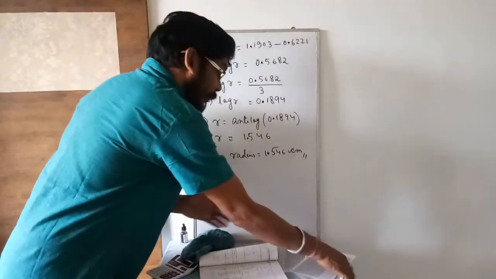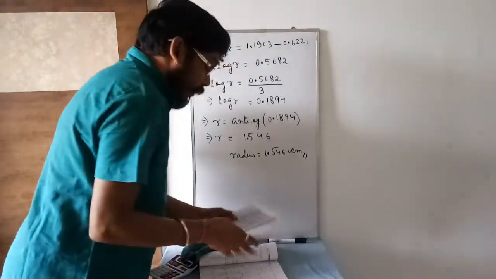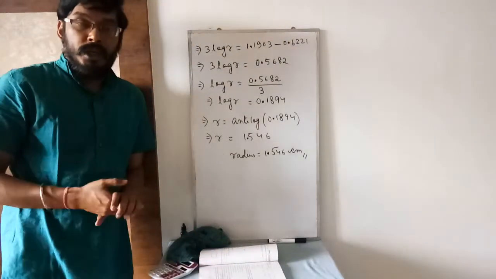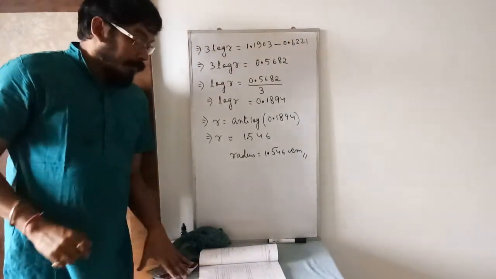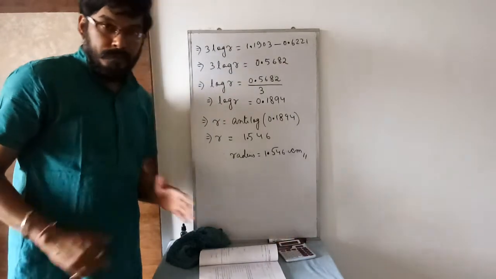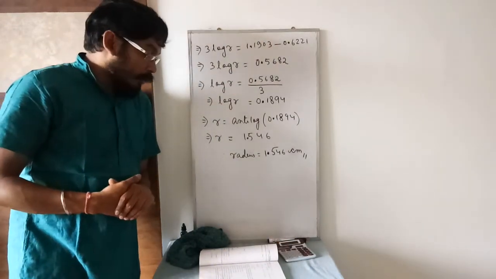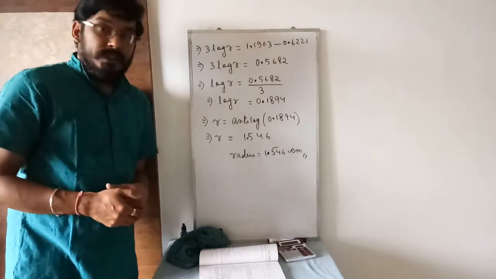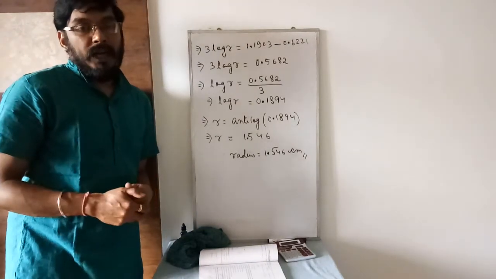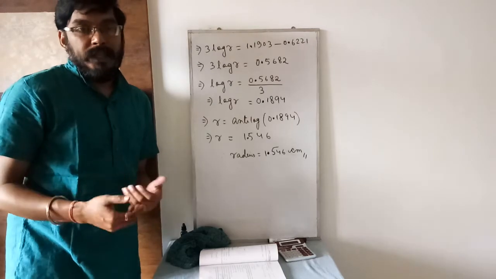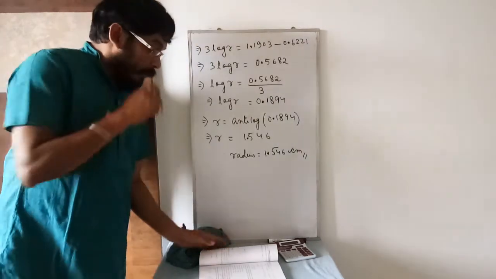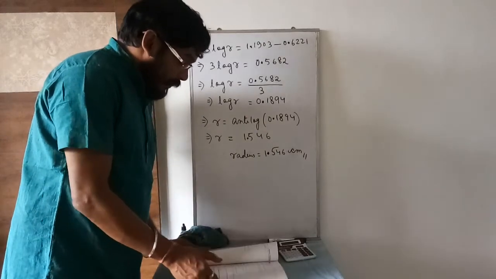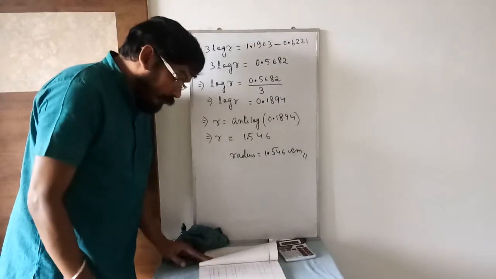So this is all about exercise 3.2. Question number 4 I have not done. First you people try at home, because it will be the same as example number 5. The sums which you are unable to do will be explained later. So 3.2 is over.